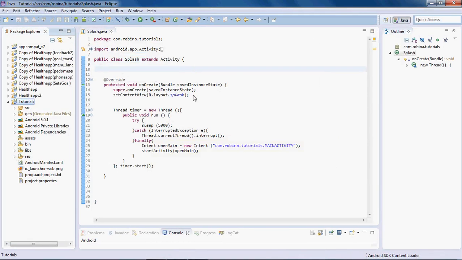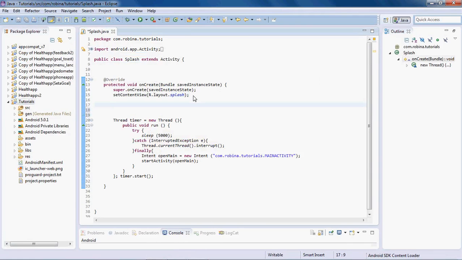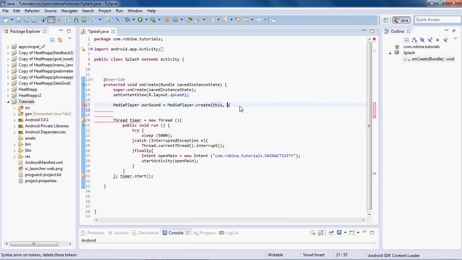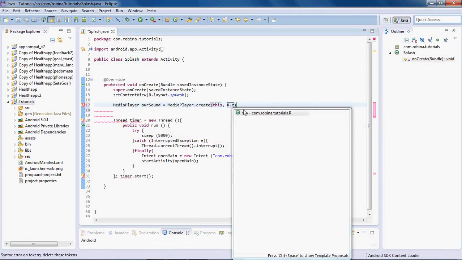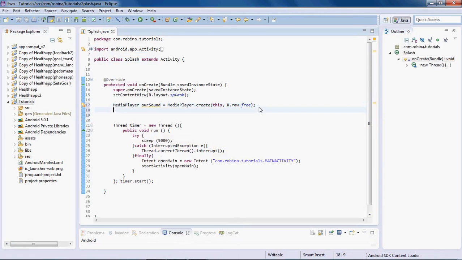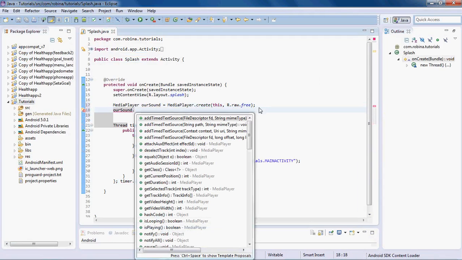So in the onCreate method, we're going to use the media player class here, and we're going to create a new variable, a MediaPlayer variable called ourSound, and MediaPlayer.create. Now the context is going to be this splash class, and we just need to reference our music file, so it's R.raw because it's a raw folder, and we should have the music file in there. And then to get the song to start, we simply need to say ourSound.start,